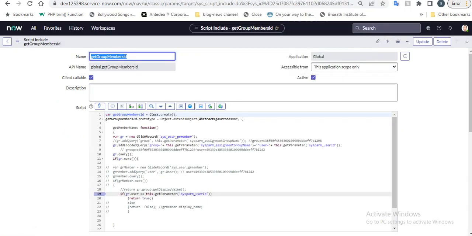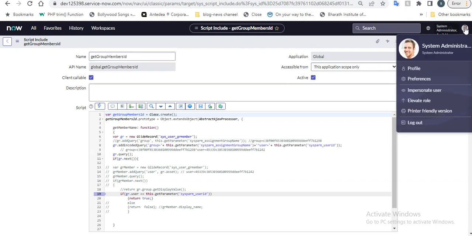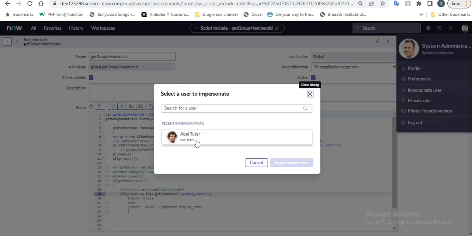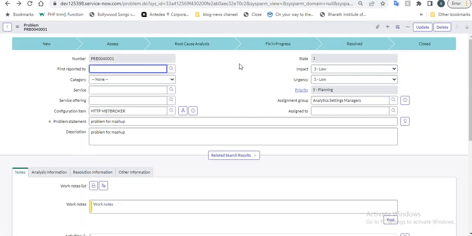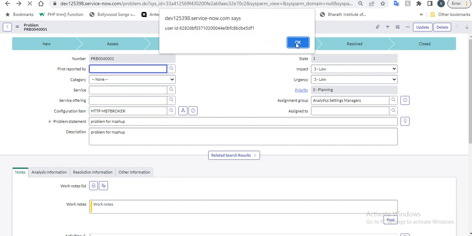Let me do another thing. Let me impersonate Abel Tuter because he is a part of that group. I have added him into this group. So hopefully now, yeah, true. See,